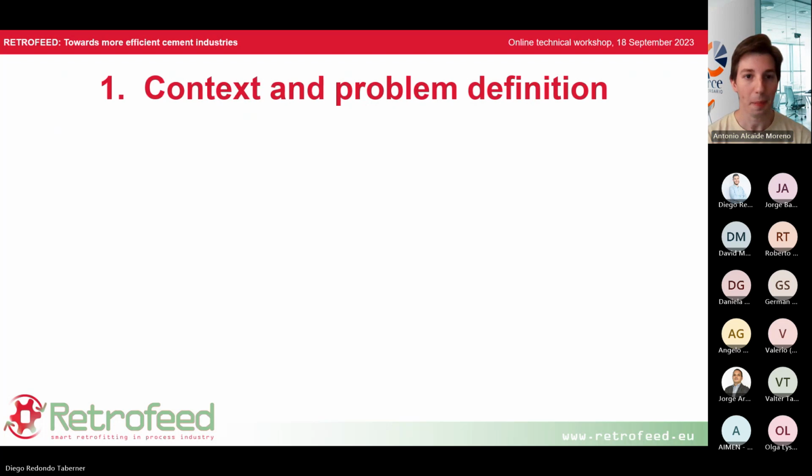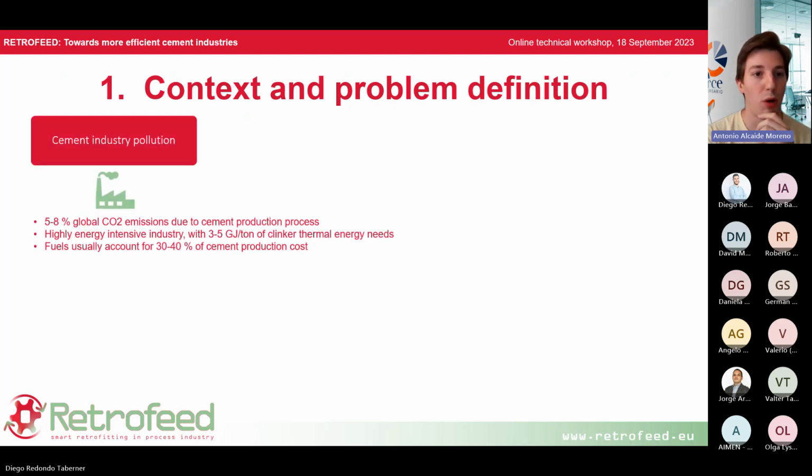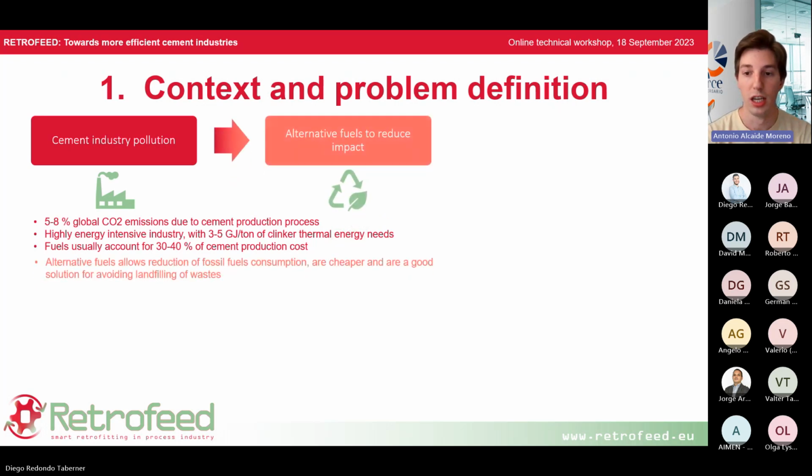Next slide, please. Regarding the context and the problem definition, the main problem with the cement industry is that it is a very energy intensive industry, and it accounts for, let's say, 5 to 8% of the global CO2 emissions from the past decade. It is highly energy intensive, with 3 to 5 gigajoules per ton of clinker in energy demands, and the fuels usually account for 30 to 40% of the cement production cost. Therefore, there is a need to develop new solutions to